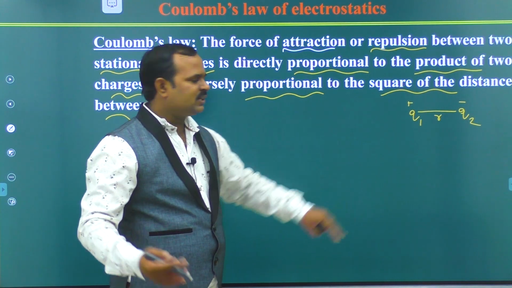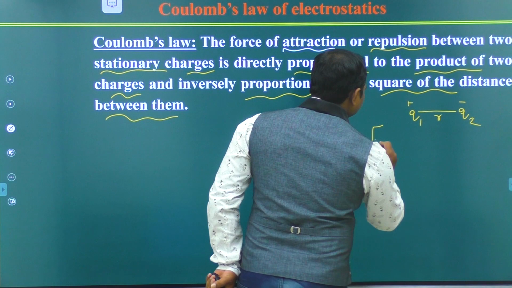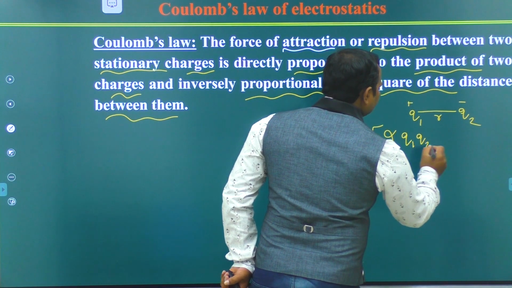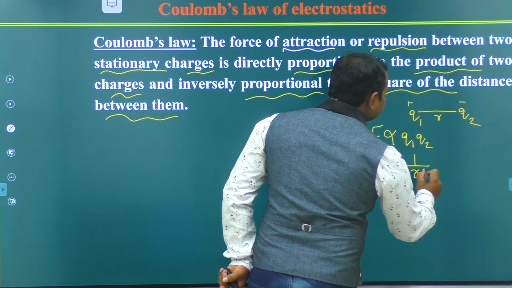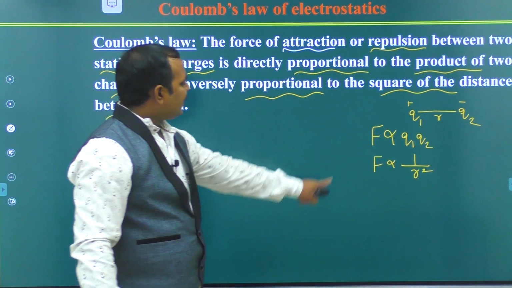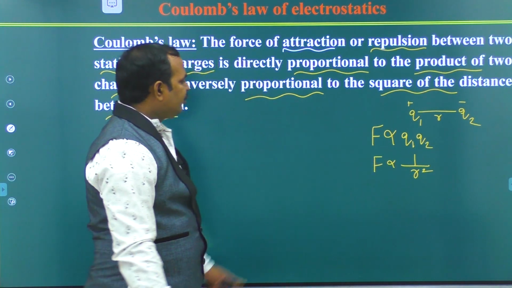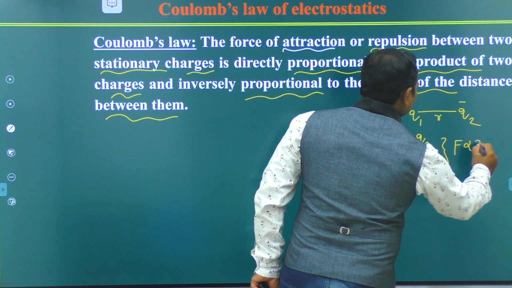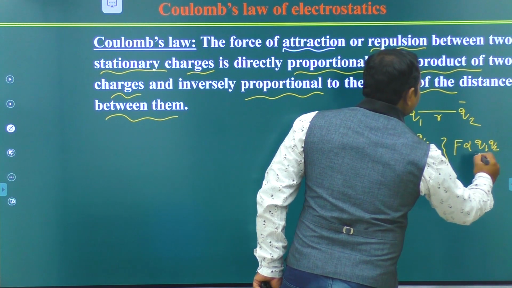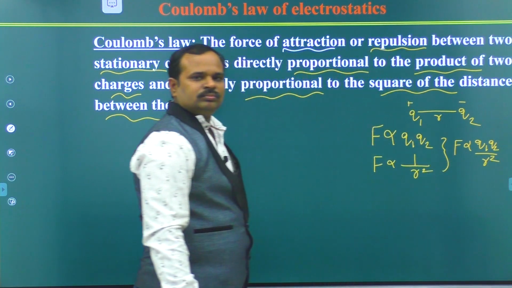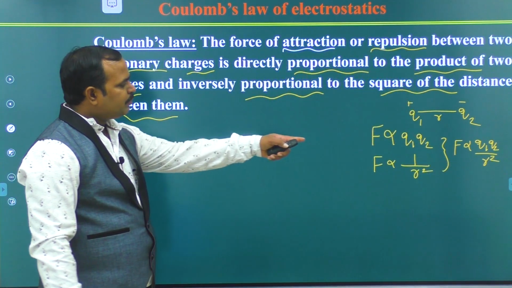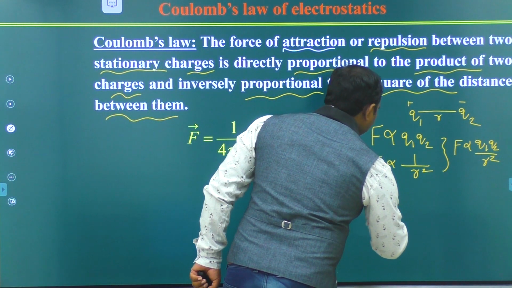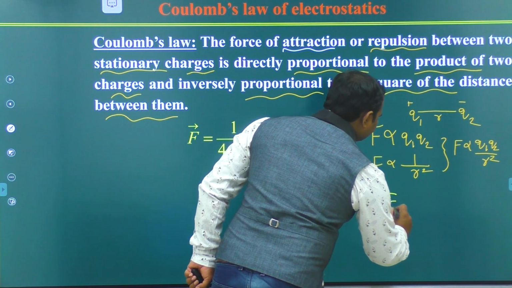The force F is directly proportional to the product of charges Q1 and Q2, and to the inverse square of the distance between them. That means F is inversely proportional to 1 by r square. If you combine these two, we can write F is directly proportional to Q1 Q2 by r square. If you replace the proportionality constant, here the constant is